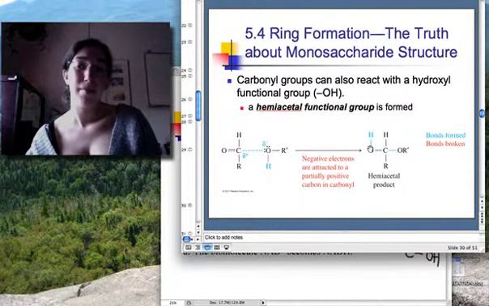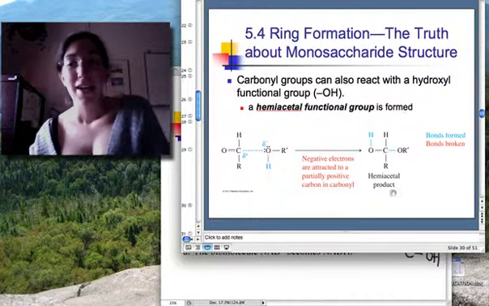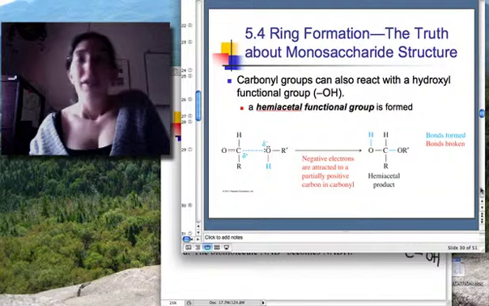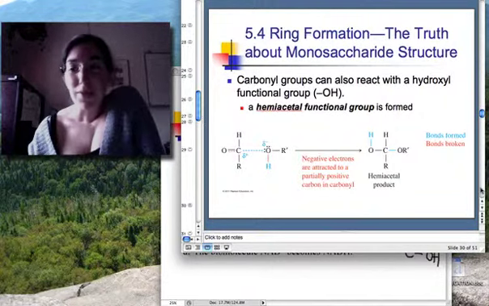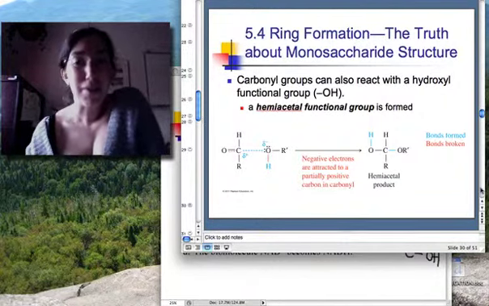So you end up with what's called a hemiacetal group, okay? This whole thing is called a hemiacetal functional group. You don't really need to know that. I don't care if you know the name hemiacetal or not, but I'm giving you the information just so now you know. What I do want you to know is that when this happens, when monosaccharides form rings,